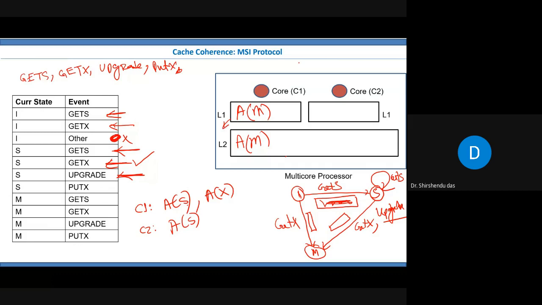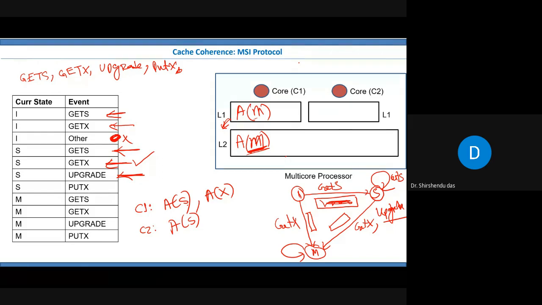Right? So when will it be dirty? When you have M permission, otherwise you cannot write something on it, right? So if the block is in M state only, then only you can write it here. So when the putx request comes, obviously the state will be in L2 only. So if a putx request is coming, there will be a loop only here. So the state will remain the same, or maybe we can say that the state is changed from, yes,